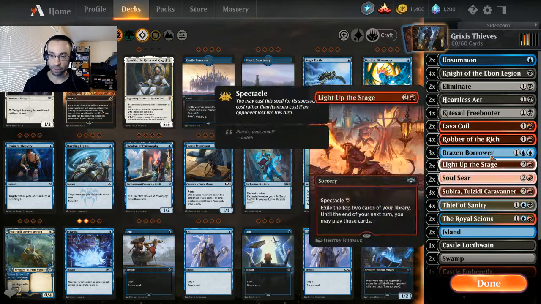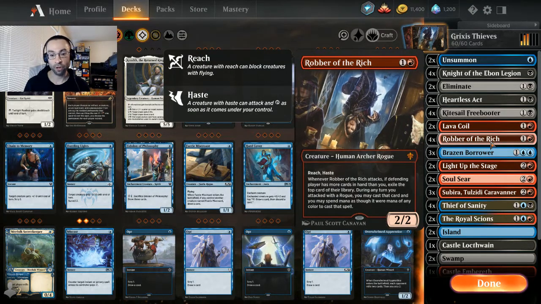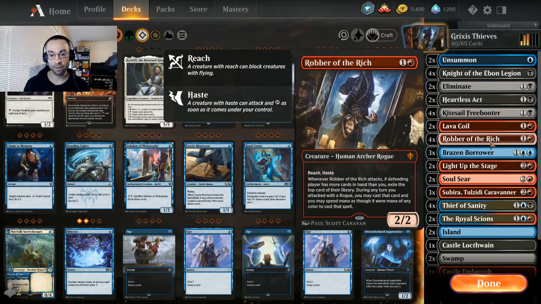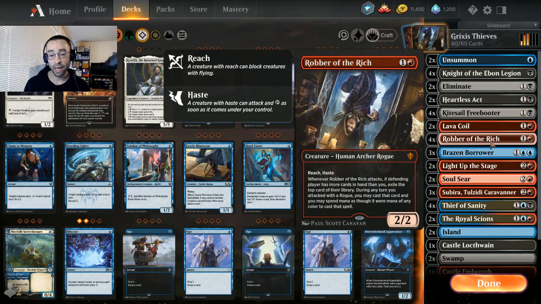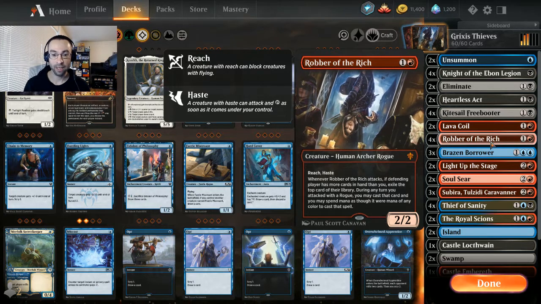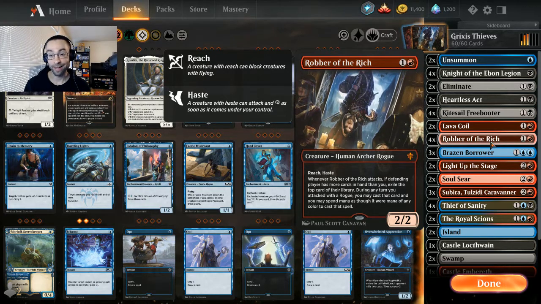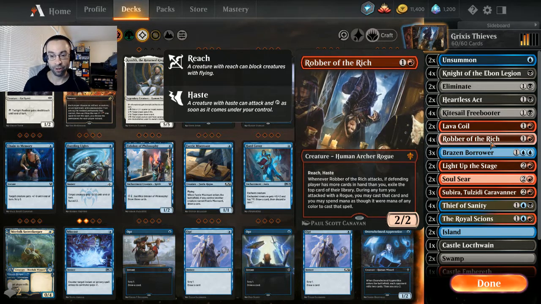We also have cards like Robber of the Rich, which are just nice, aggressive cards on their own. 2/2 reach, haste when it attacks. If your opponent has more cards in hand than you, we get to exile the top card of the library, and then anytime we've attacked with a Rogue, we get to cast that card using mana of any type. So that's another way to get card advantage, and these are both fantastic targets for Subira